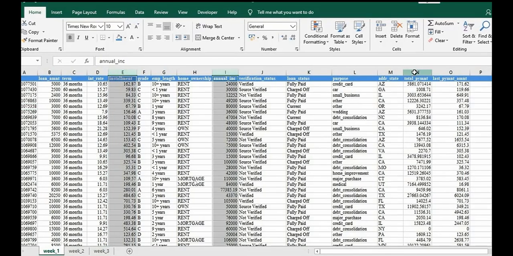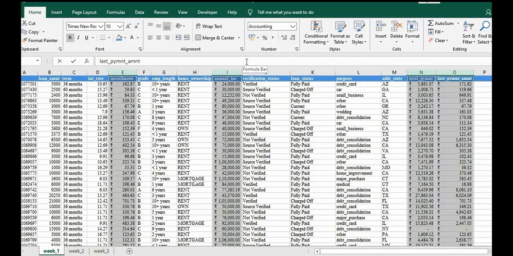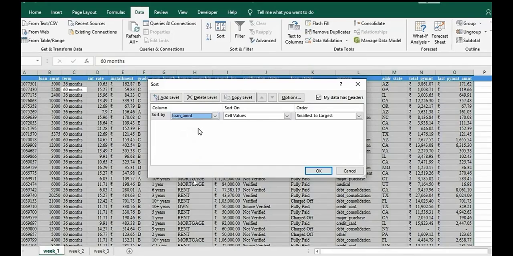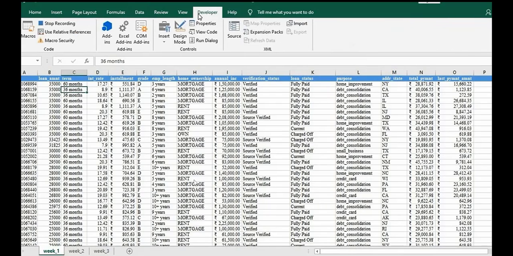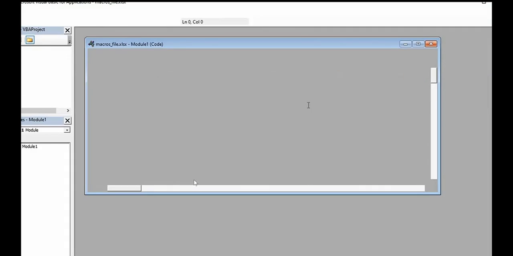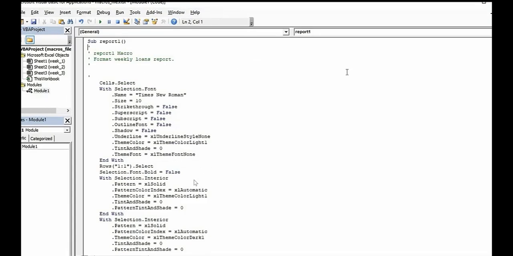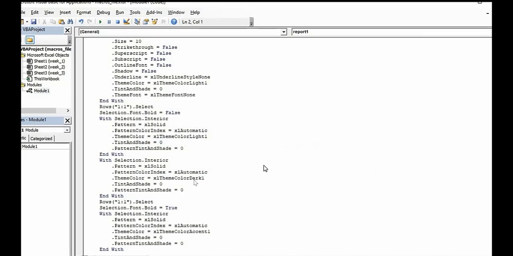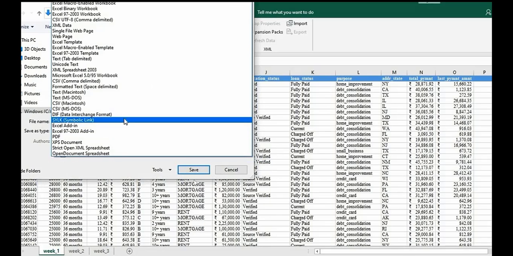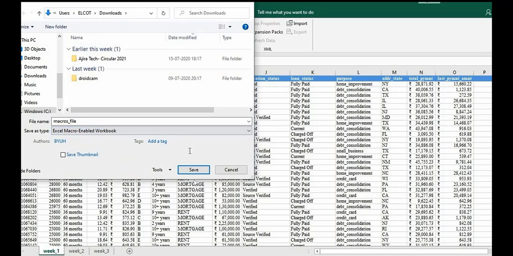I'll do the required formatting, and then I'll apply all the operations wherever required, and once I'm done, I'll stop recording. When I stop recording, all the operations that I have performed during that duration have been recorded. So the next time I have to perform the same set of operations, I don't have to do it all over again. All I have to do is just run the macro button.